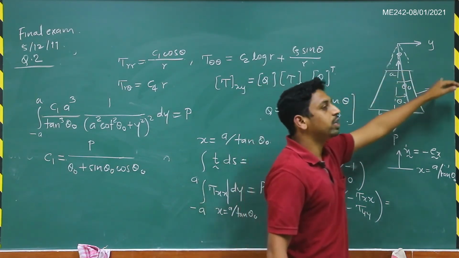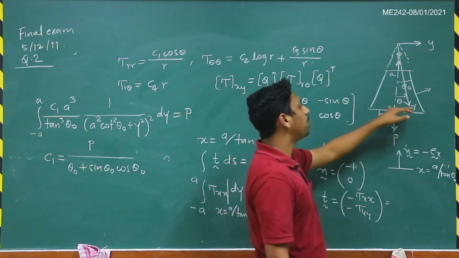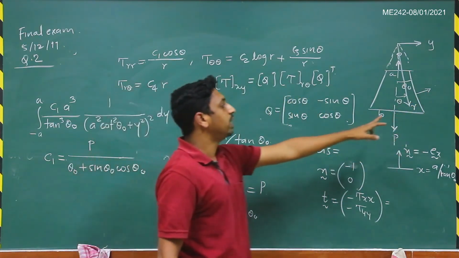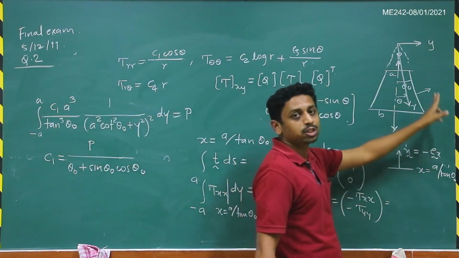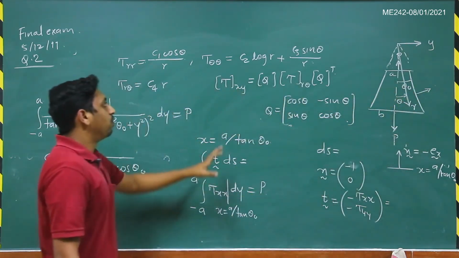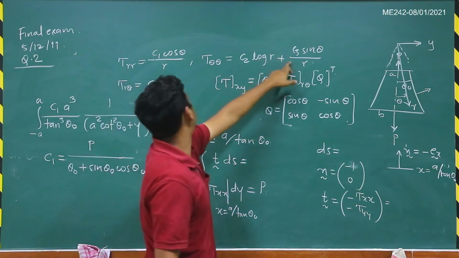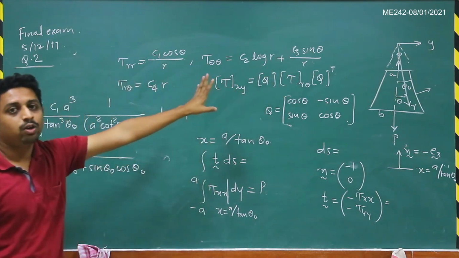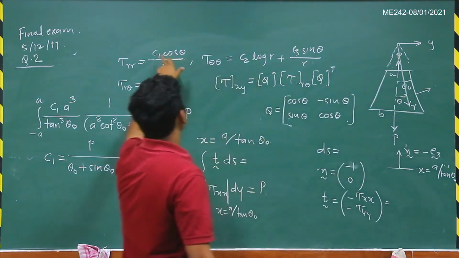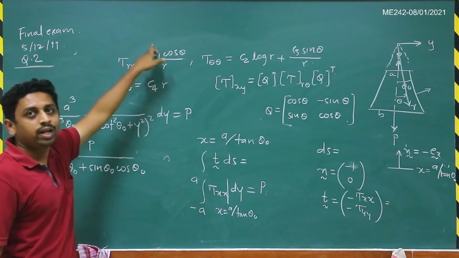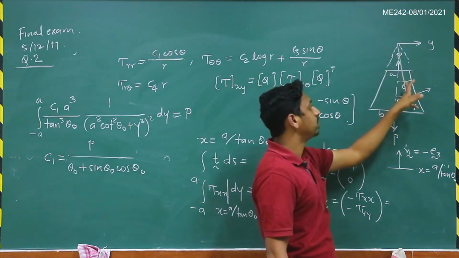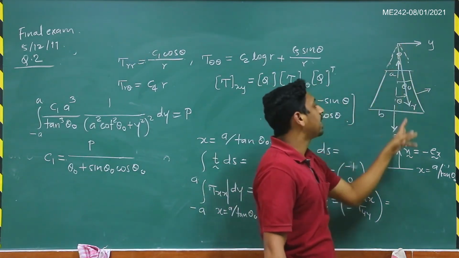By using the normal and Gaussian relation, we were able to write the boundary condition that tau r theta and tau theta theta on these surfaces, theta equals plus minus theta naught, are 0. By using those expressions we got C2, C3 and C4 to be equal to 0 from this traction boundary condition itself. So we are left with only one constant C1, and for finding that constant we have used the axial force, which is the net axial force in the x direction.